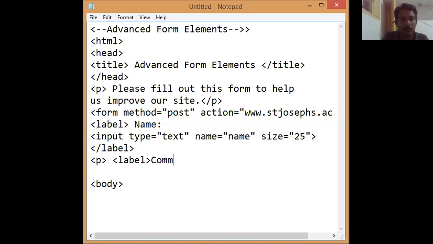Here I can give comments. Between these label tags you have to specify the text area. For creating a text area, there is a tag called textarea, with name equal to comment.